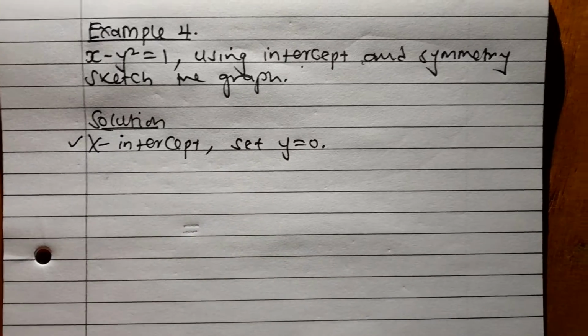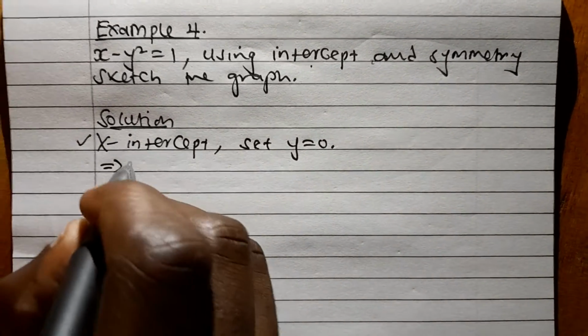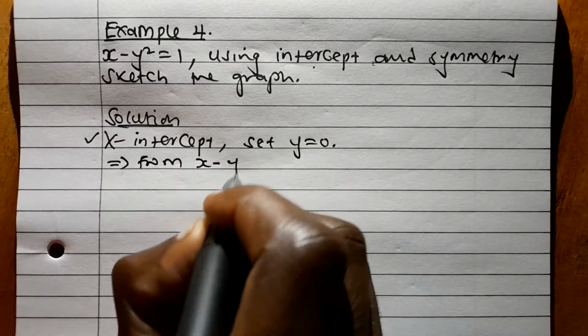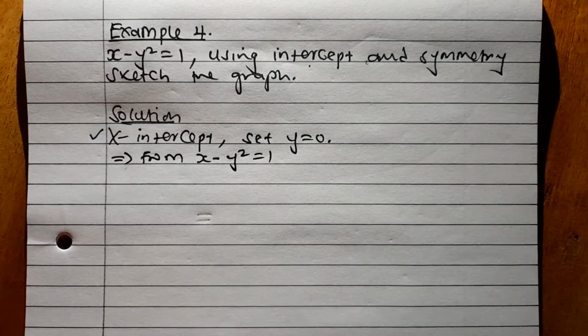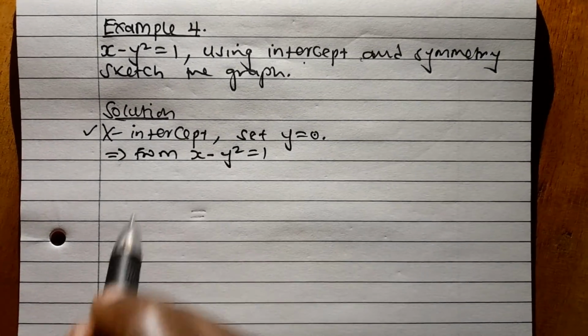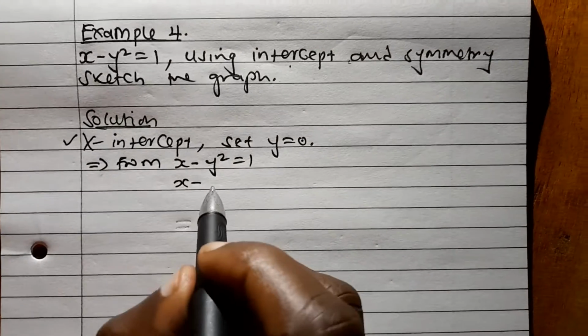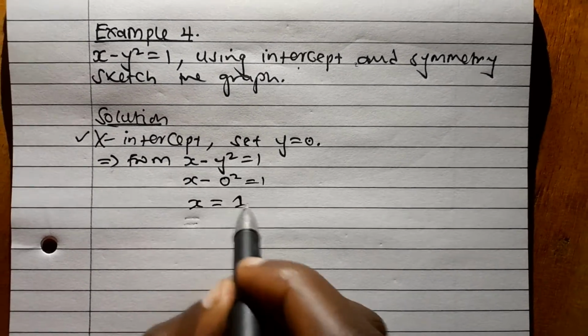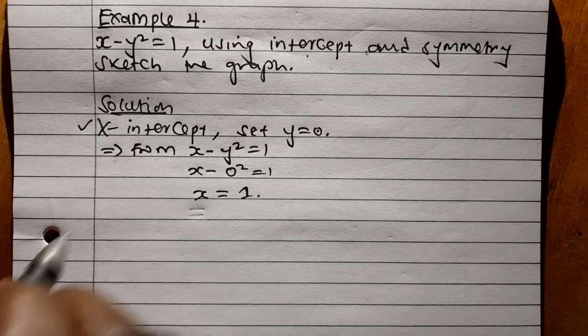So from the original function, x minus y squared is equal to 1, substituting y as 0, x minus 0 squared is equal to 1, and my x will be equal to 1. And thus,